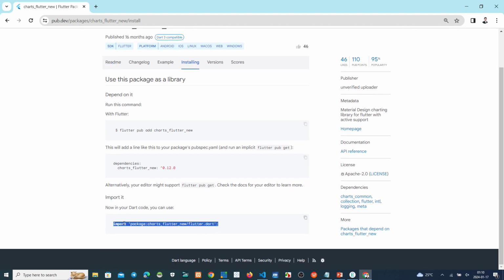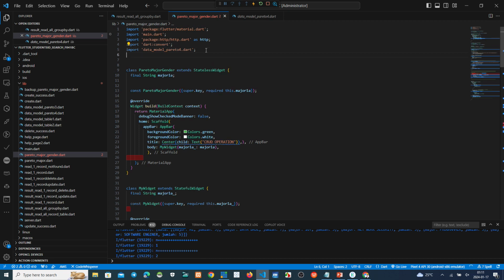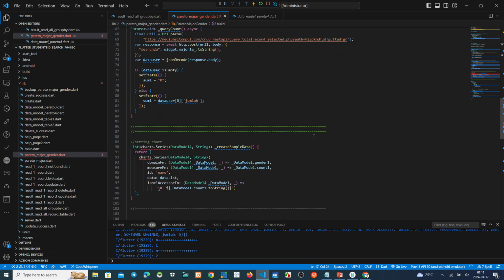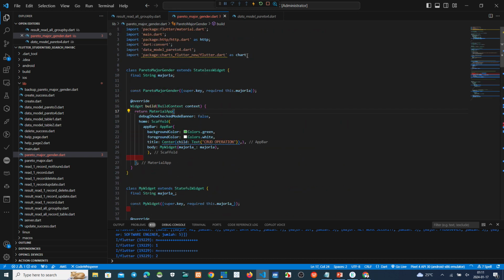Copy this. You can use a chart too and so on, it's okay, no problem. Chart with S, there is no S here. Charts.